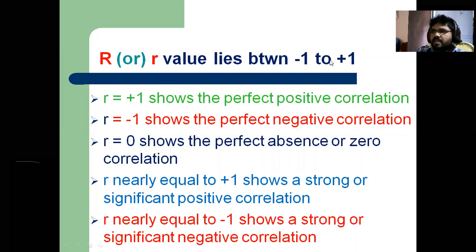So R values lie between minus 1 and 1. If the R value is plus 1, there is a perfect positive correlation. If minus 1, there is a perfect negative correlation. If R is equal to 0,